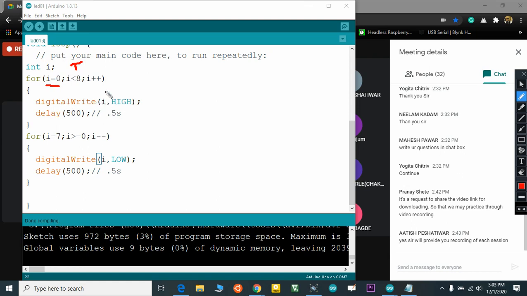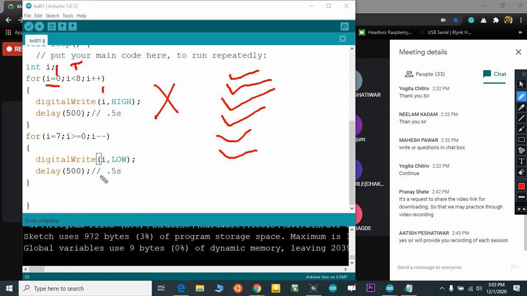High means the first LED will turn on. Then after executing this line, I plus plus, I becomes 1. Then I less than 8, yes, condition true. Then the second LED, third LED turn on, 4, 5, up to the 7th LED. Then when I becomes 8, this condition is false and it exits the loop. This is how the for loop works.